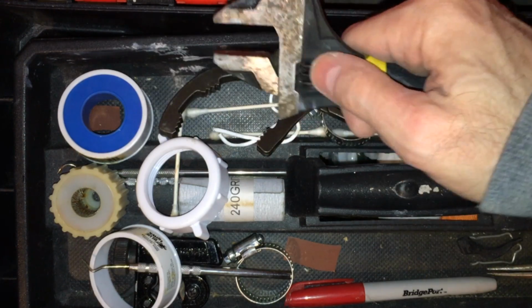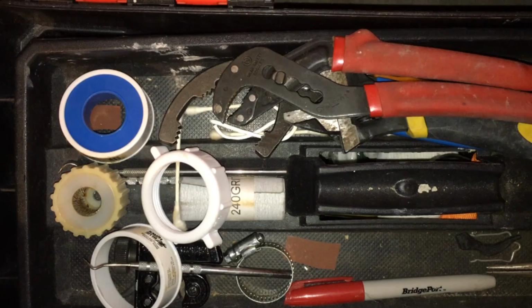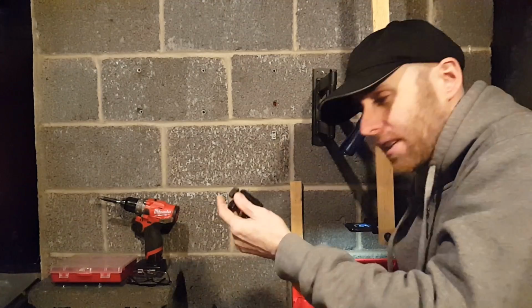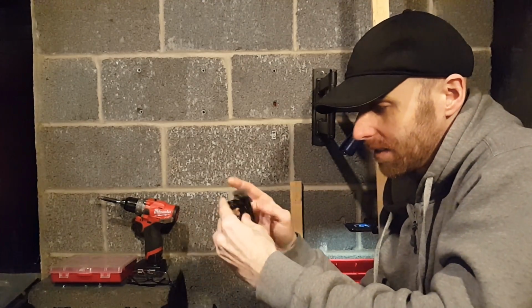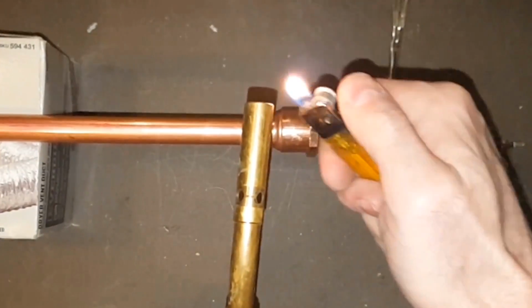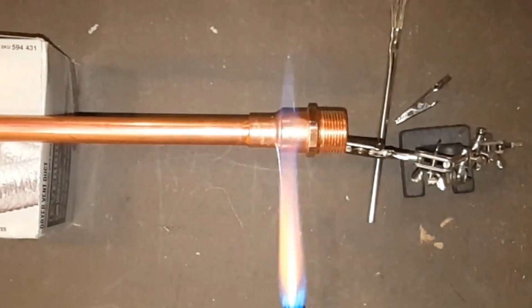I mean, the basics would be adjustable wrenches, channel lock pliers, something to cut pipes with, like a hacksaw. You're probably not going to be doing soldering as a basic DIY project, but if you are, I recommend using a good pipe cutter and deburr tool to get the burr out, and then learning how to use a propane torch to solder rather than using